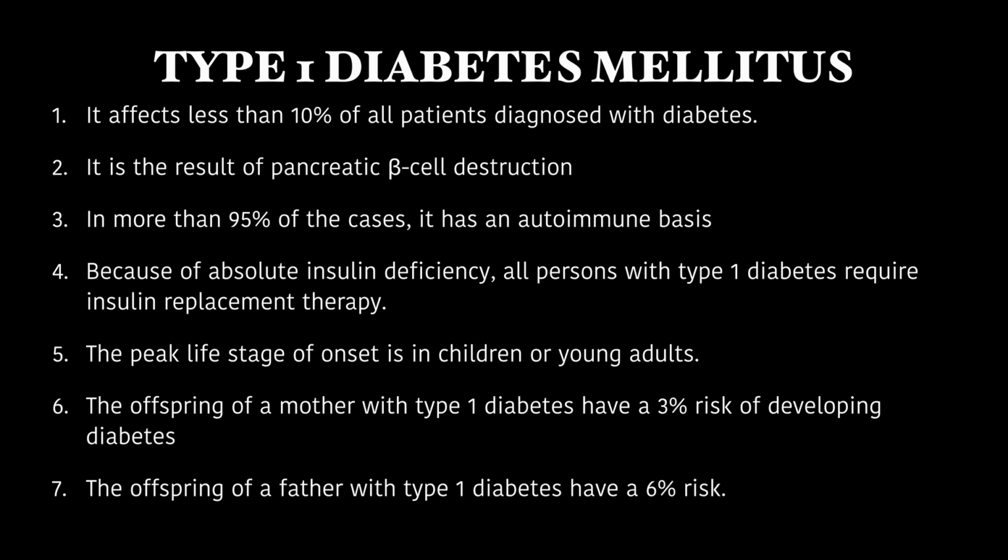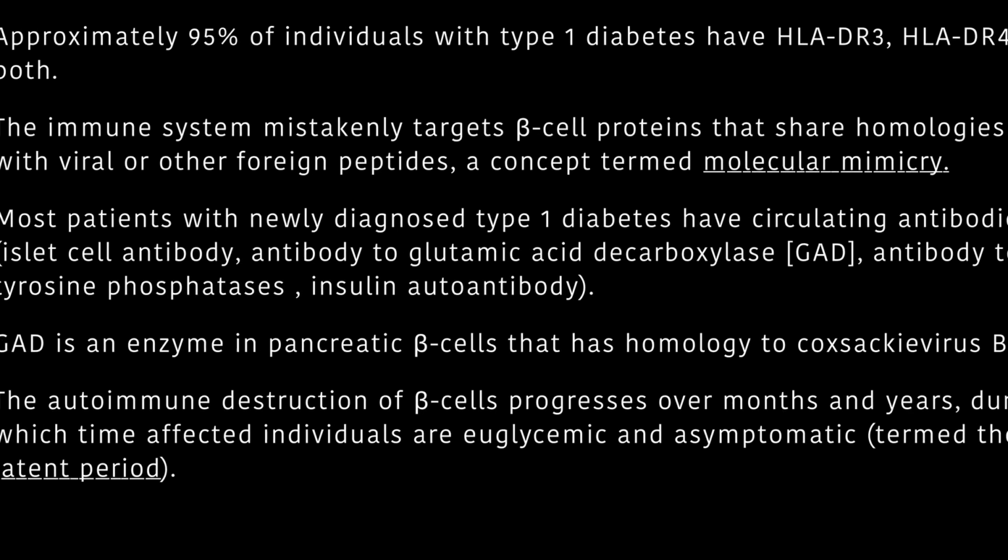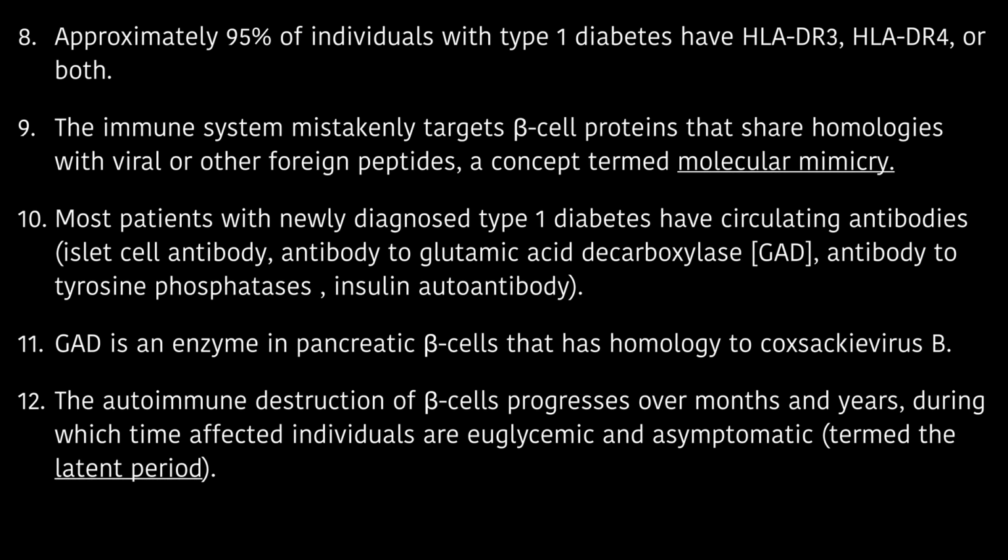The peak life stage of onset is in children or young adults. The offspring of a mother with Type 1 diabetes have a 3% risk of developing diabetes. The offspring of a father with Type 1 diabetes have a 6% risk. Approximately 95% of individuals with Type 1 diabetes have HLA-DR3, HLA-DR4, or both. The immune system mistakenly targets beta cell proteins that share homologies with viral or other foreign peptides,